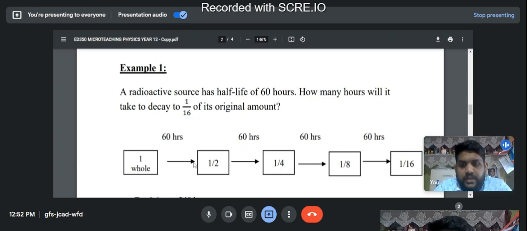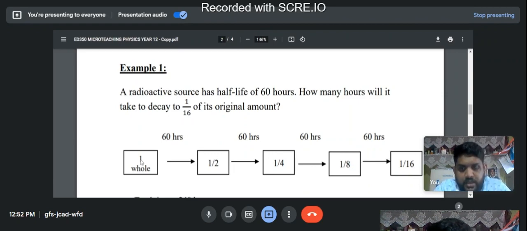Now when we divide that into fractions, dividing this is very simple. You can just write one whole. 1 divided by 2 will be half. Then divide by 2, you can just use your calculator. Divide by 2, 1 over 4. And half of 1 quarter is 1 over 8. And half of 1 over 8 is 1 over 16.